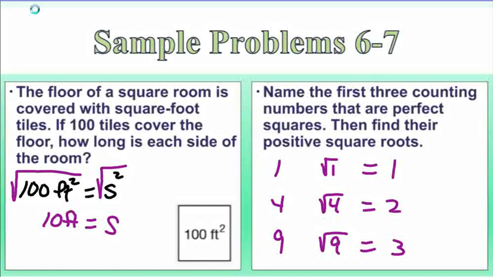Now when you find square roots, technically you do get a positive and negative answer. Because they're just asking you for the positive square roots, we just wrote the